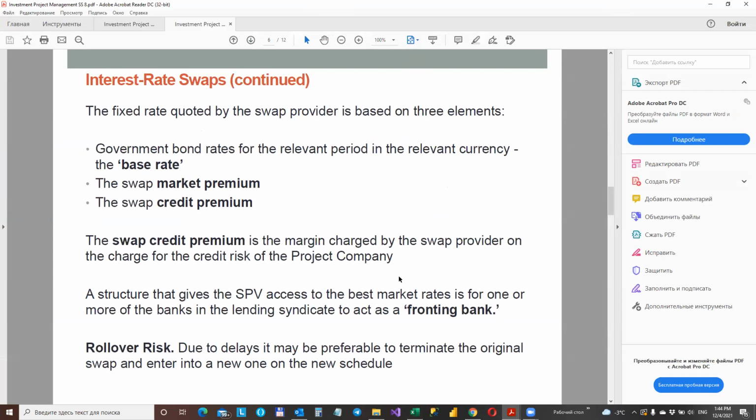And the fixed rate quoted by the swap provider is based on three elements. It is a government bond rate for the relevant period in the relevant currency. These provide the base rate for the swap. For example, a swap of United States dollars for 7 years will be based on the current yield of US Treasury bond for the same period. And